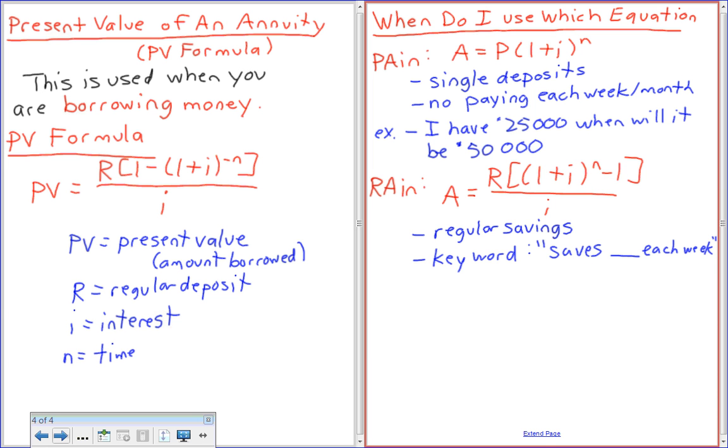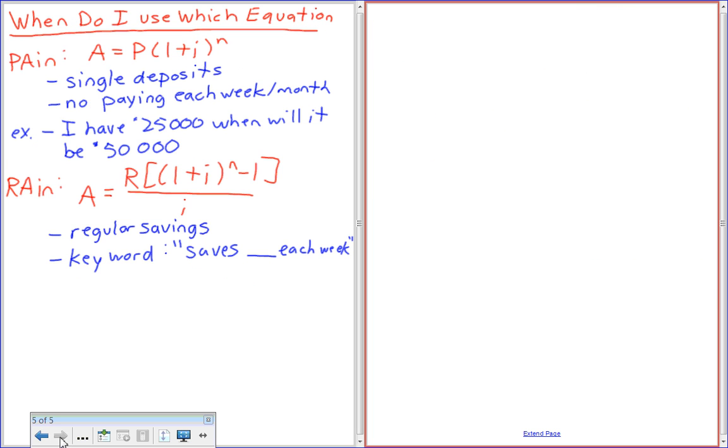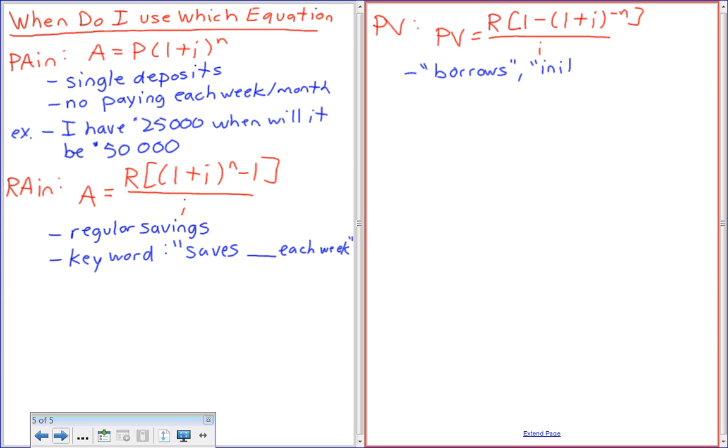Okay. Finally, our third one, sorry, I'm going through quickly. I'll give you guys a chance to scribble this in a sec. Finally is PV, which is our new one. PV equals R times (1 minus (1 plus I) to the negative n) all over I. The key words are going to be borrows, initial value,